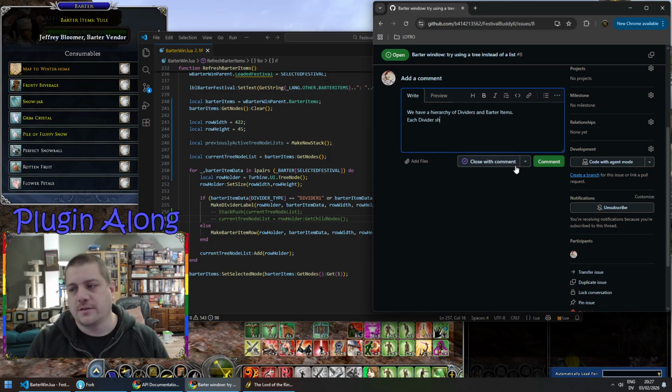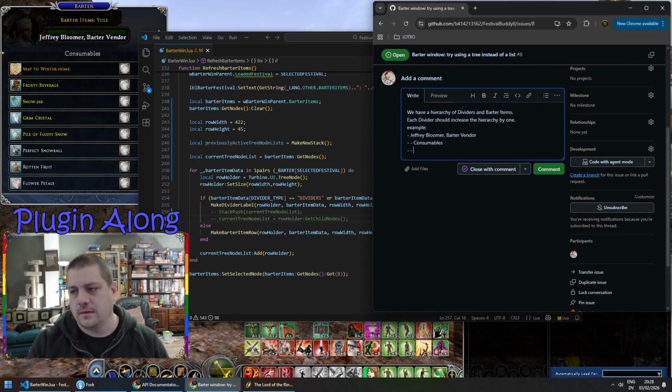Each divider should increase the hierarchy by 1. Example. And what do we have? We have Jeffrey Bloomer Barter Vendor. Consumables. And map to winter